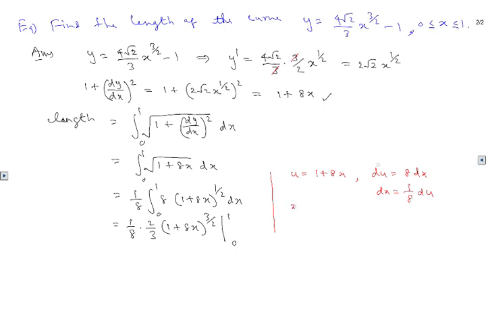So when we have x equals 0, u equals 1, and when you have x equals 1, u equals 9. So you can use those values and finish the integral that way as well. But I'm going to leave that up to you. You should get something like this. So that means your integral is going to be 1 over 8, from 1 to 9, u to the square root